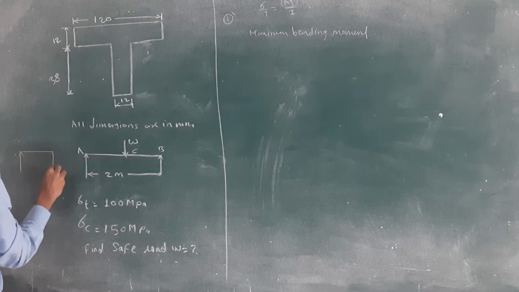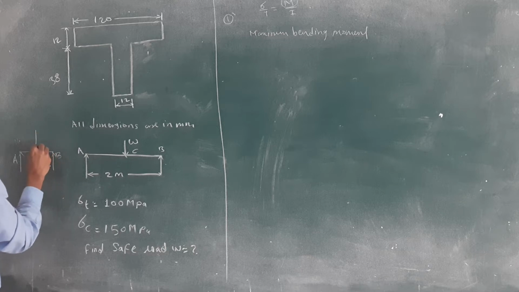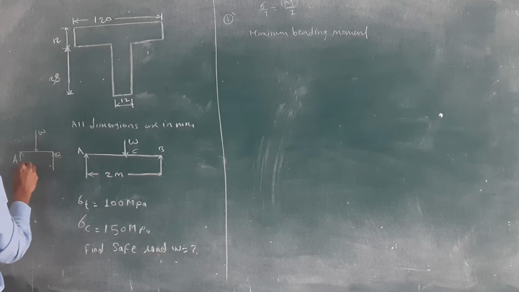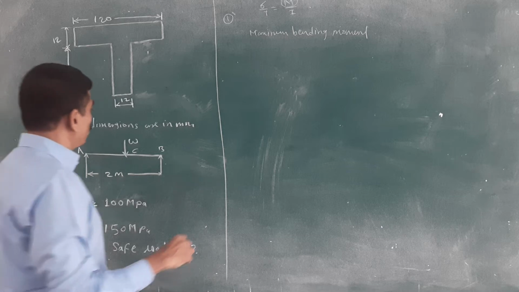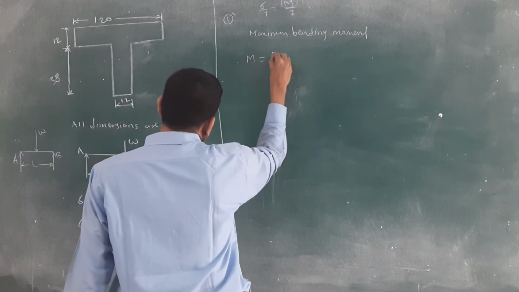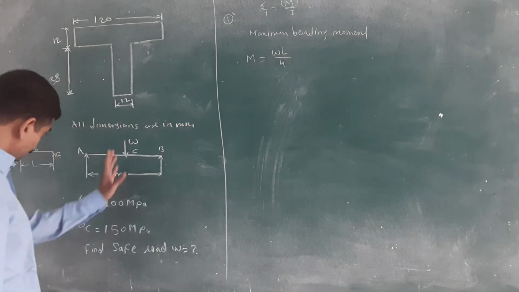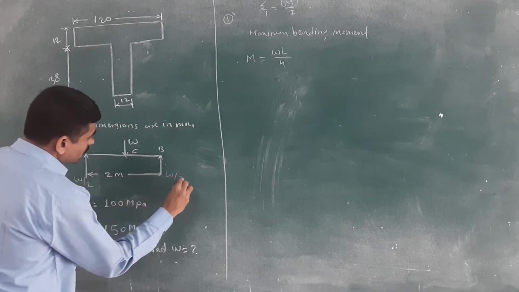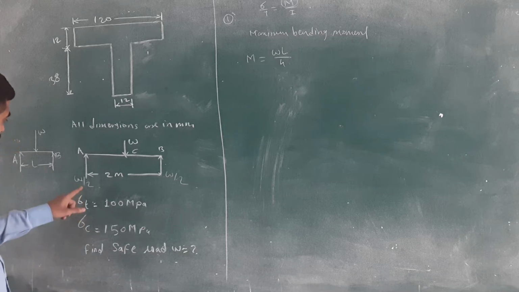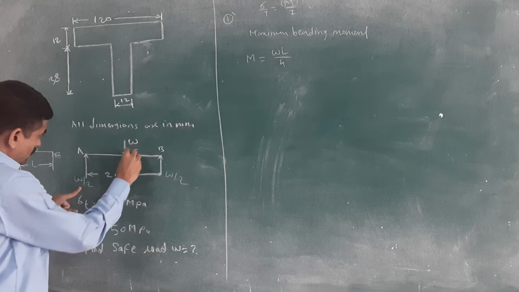Consider this beam AB, with a load W at the half distance, the center, and the span given as L. If you calculate the maximum bending moment, you will get M equal to WL by 4. How to get it? If you calculate the reactions RA and RB, you will get W by 2 each. This W by 2, multiplied by the distance, you take the moment about the point